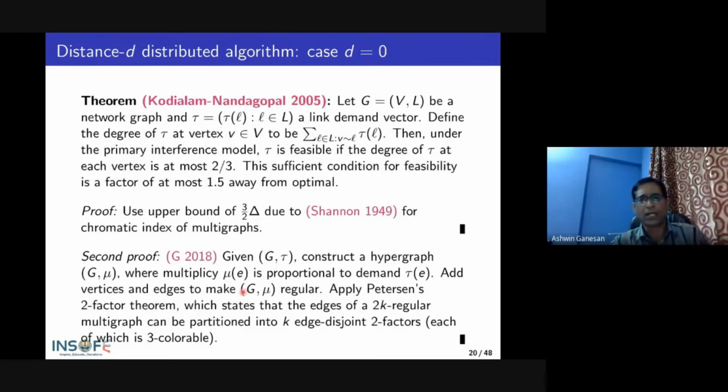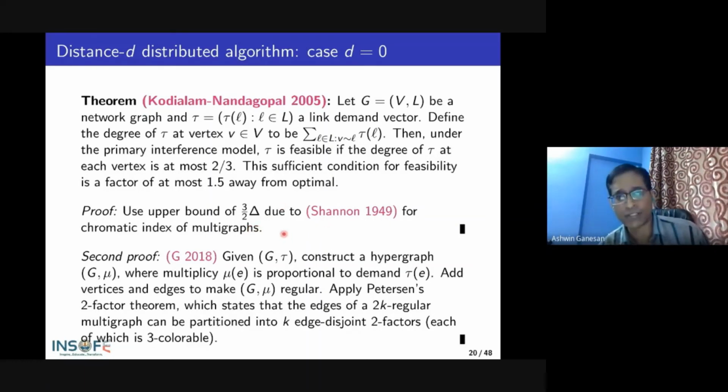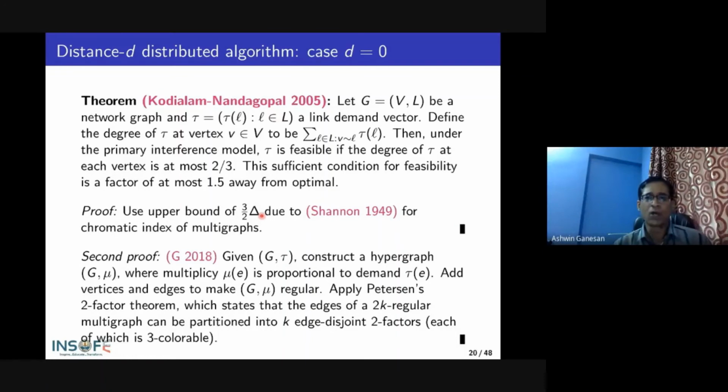Yeah, okay, so it turns out that Shannon in 1949 came up with an upper bound of the chromatic index of multigraphs. A multigraph is just a graph with parallel edges, and we don't have to worry about loops. The edge coloring number of a multigraph is at most 1.5 times the maximum degree of a vertex. This was proved by Shannon in 1949, and because of that, one can actually go ahead and